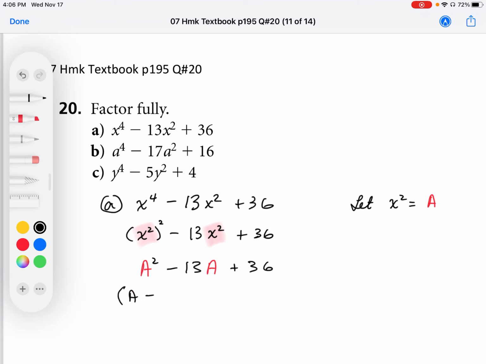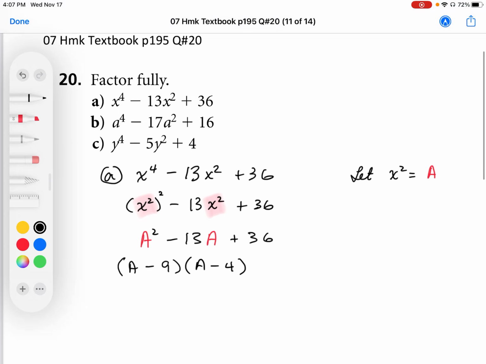And it's going to be a minus 9, a minus 4. Two numbers that multiply to positive 36 add to negative 13. So there we go. Now, this isn't really fully factored because we weren't dealing with a, we're dealing with x squared. So what I'm going to do then is replace that x squared